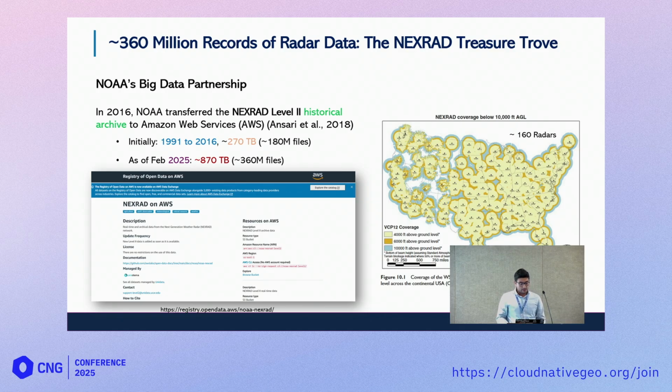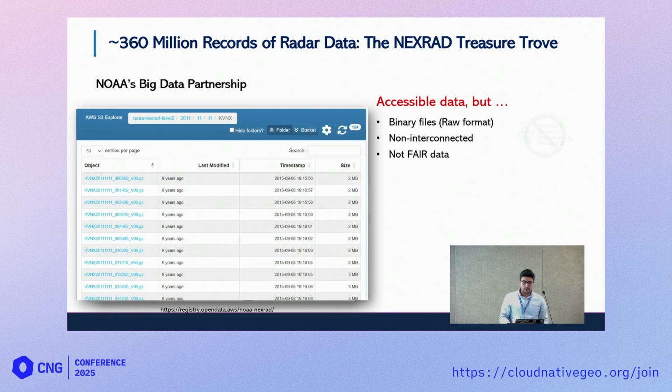So, spanning around 360 million files. I would say that this is an incredible volume of rich atmospheric observations, arguably a treasure trove for meteorology, climate research, and data scientists, of course, machine learning as well. So here's the catch: the data is accessible, but, and a huge but, unfortunately, the data is stored in